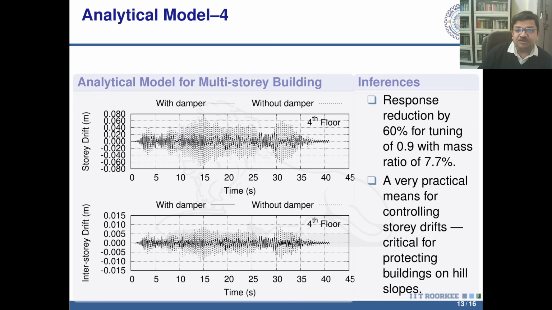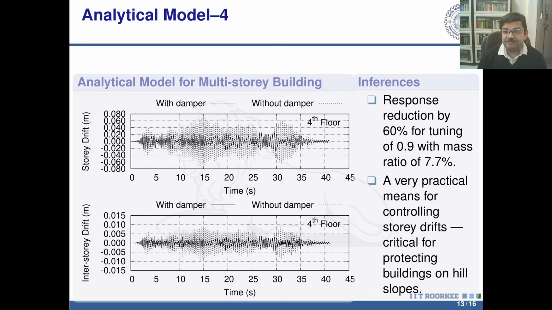And similarly, this is what you observe at all floors. So I just present the results for the fourth floor, the top floor. The story drift, the total deformation, is reduced considerably with the damper. And when I take the interstory drift, that is the difference between the deformation at the third floor and the deformation at the fourth floor, again you will find that the interstory drift is greatly reduced. Now this interstory drift is what is proportional to the forces developing in the columns. So that addresses the major concern of seismic